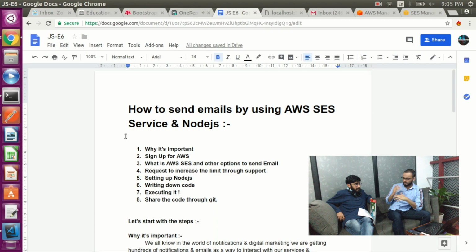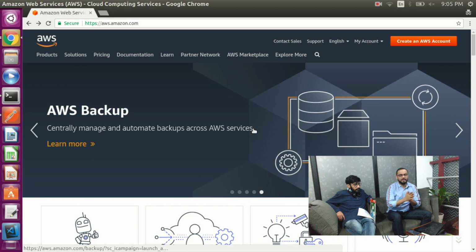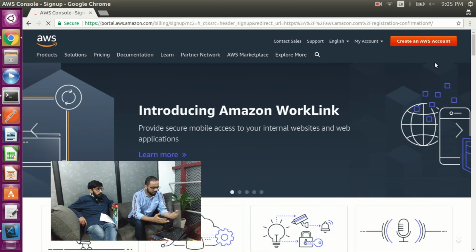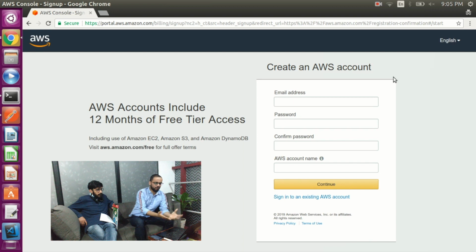So the next question is how we can sign up to AWS, because the first step is to sign up for AWS. As you can see from the screen, this is the aws.amazon.com website. You can see a button, Create an AWS account. Just click it, and they will land you on the sign-up page. There are a few fields like email, password, confirm password, account name, and then you have to enter your debit or credit card details,